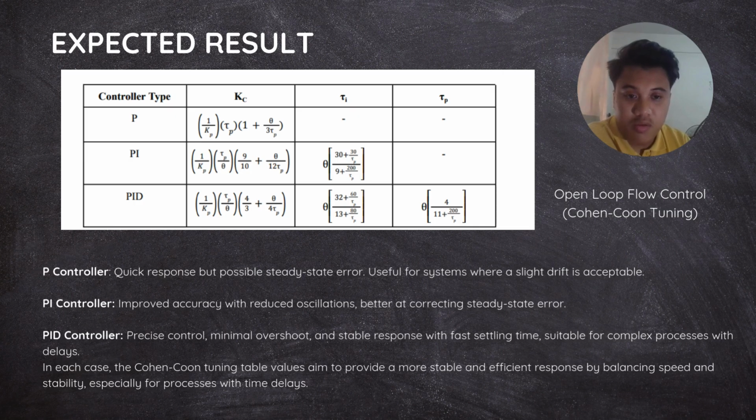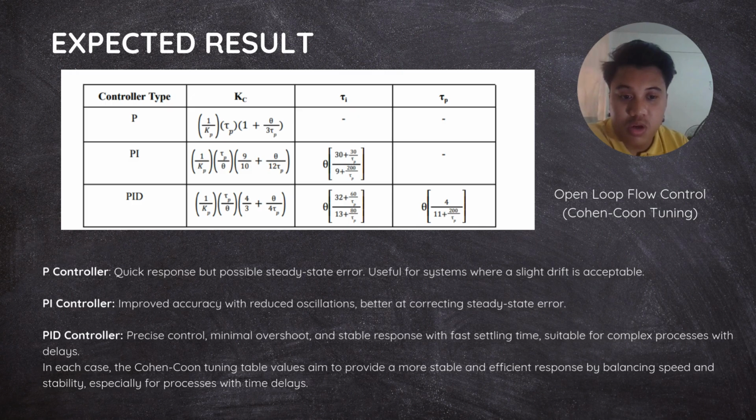So, a summary of our expected results based on the Cohen-Coon table. For the P controller, a good response but possible steady state error, useful where a slight drift is acceptable. For the PI controller, improved accuracy with reduced oscillation, better at correcting steady state error. And lastly, the PID controller, we can